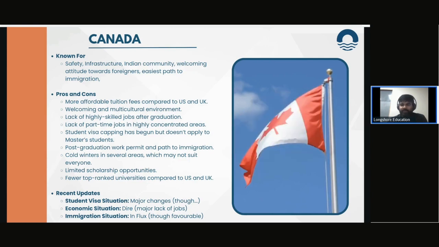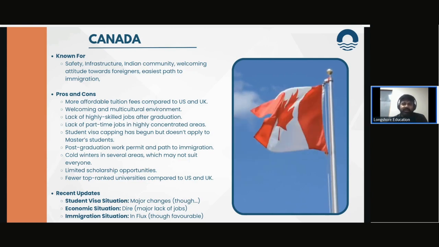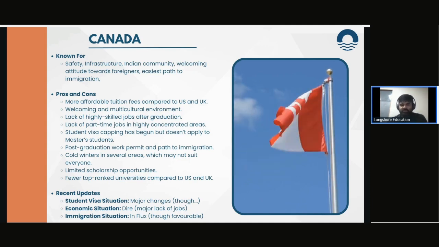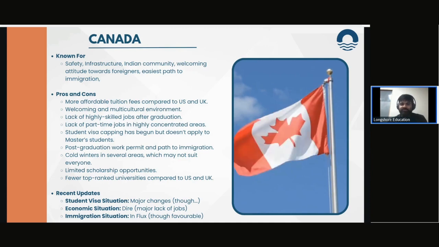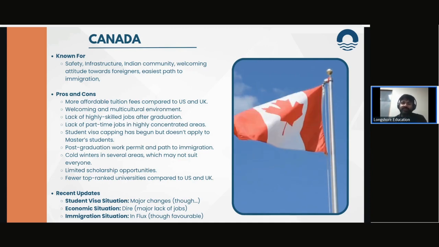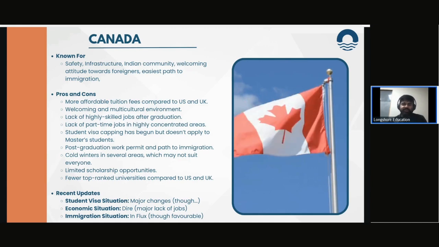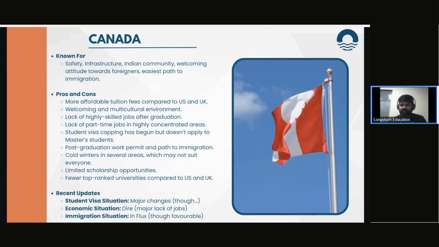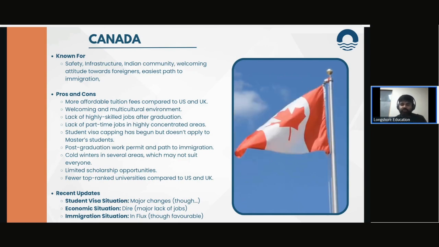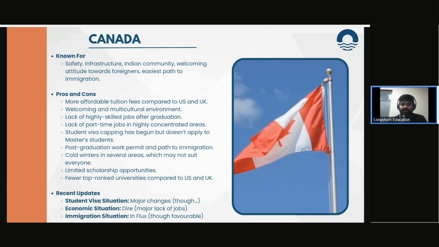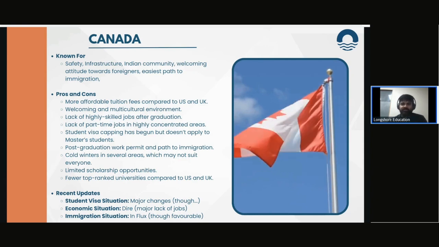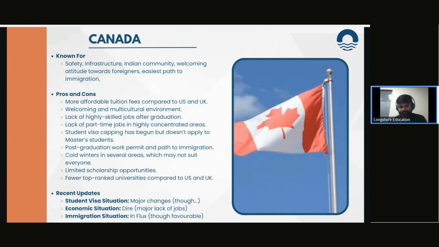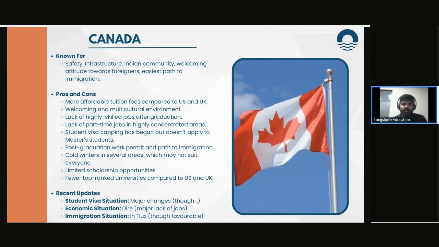Now, what does that mean? It means that most of you who are pursuing masters are not going to be affected whatsoever. In fact, the post-study work permit of master's students has been increased from 2 years to 3 years. So, if you are planning to study at one of the top Canadian universities, including University of British Columbia, University of Toronto, McGill, Waterloo, it is one of the best places to get your education, because that is where you'll be able to find a decent job, get a good career afterwards, and get a work permit, as they actually want you to stay.